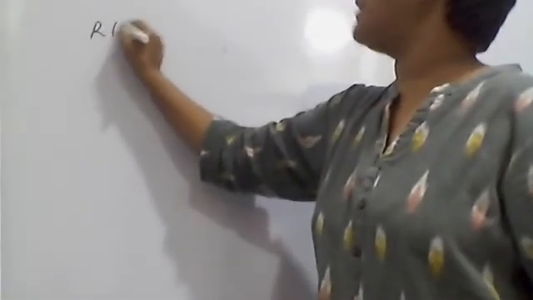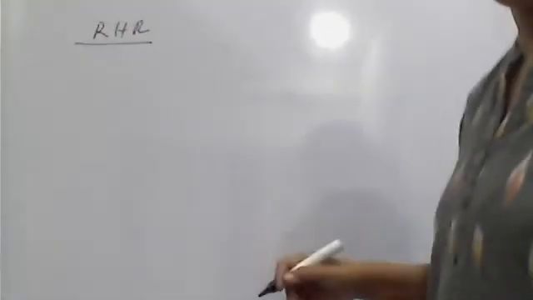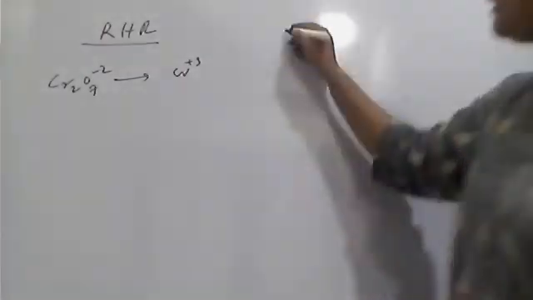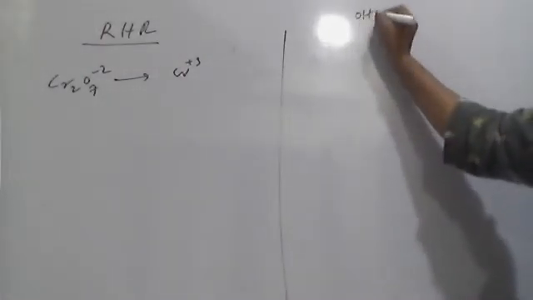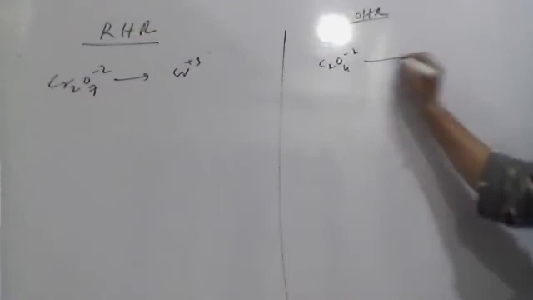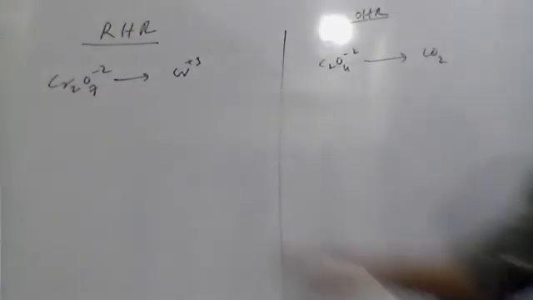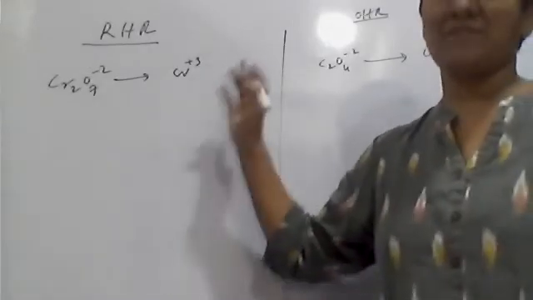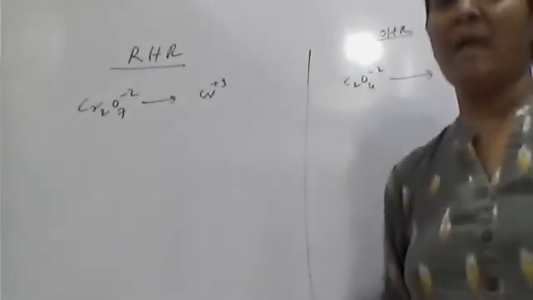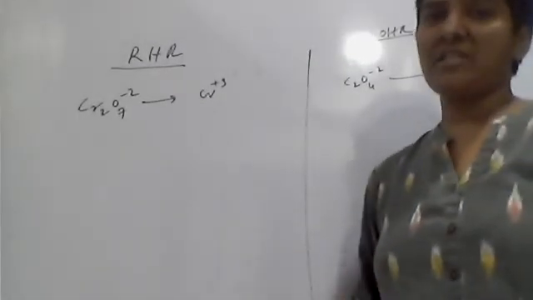So here, now doing the same reaction in the half reaction method. We have seen that the reduction half reaction contains Cr2O7 minus 2 changing to Cr plus 3. Then the other half reaction is the oxidation half reaction, where C2O4 minus 2 is oxidized to CO2. Now the reactions are separated into two halves. Now we'll first balance any one of the half reactions, then after that we have to combine. So take RHR, the reduction half reaction.